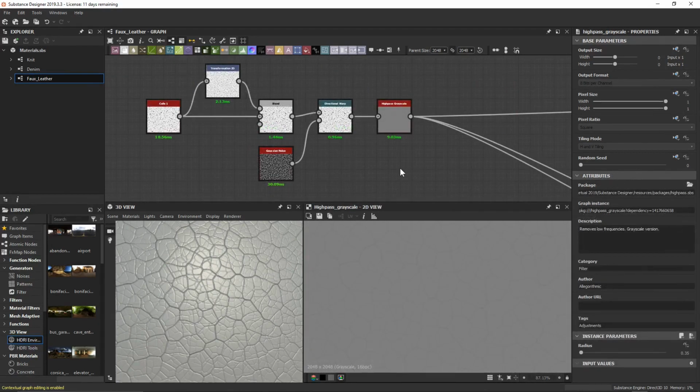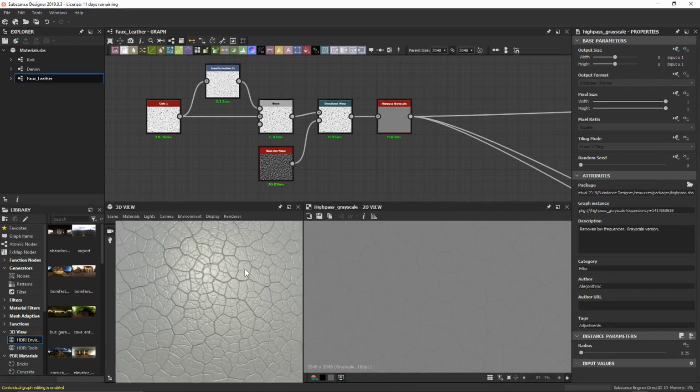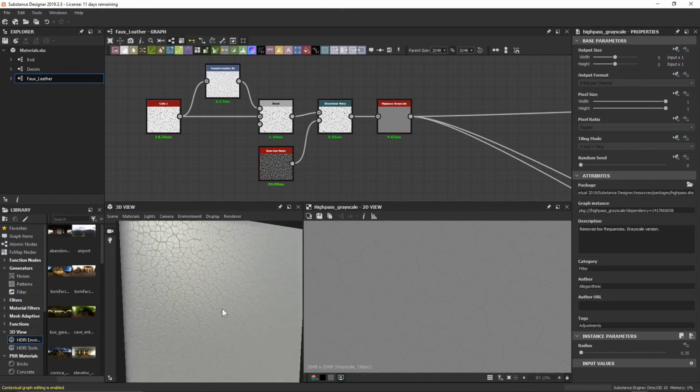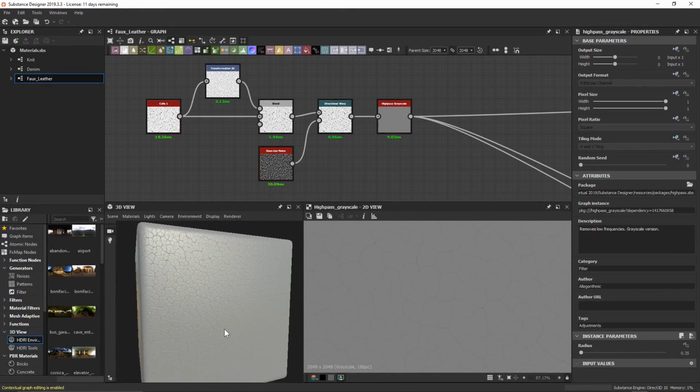Now let's take a look at a kind of cool but not necessarily vital part of our material, which is going to be the idea of microsurface wrinkles. Because when we apply this to a model, which we'll see in the modeling portion with Jeremy, it's going to look fantastic with larger folds and creases that we just get for free with the actual model itself. However, a lot of that microsurface detail, such as those smaller wrinkles,